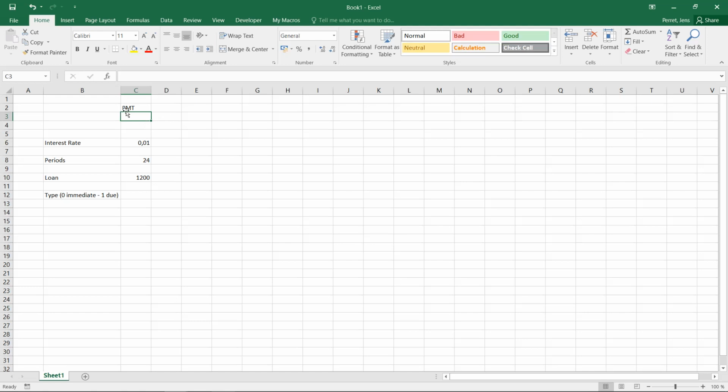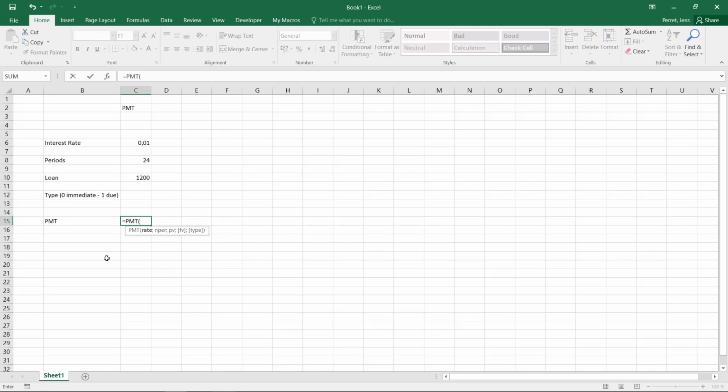The PMT function is used if you've taken up a loan and you want to pay back this loan over a given number of periods and on the basis of an already existing interest rate. So if I say I want to pay back the 1,200 euros over a period of 25 months or periods, I want to know how much I need to pay each month if I'm going to pay back this loan in equal sized chunks. So if I go here with PMT,